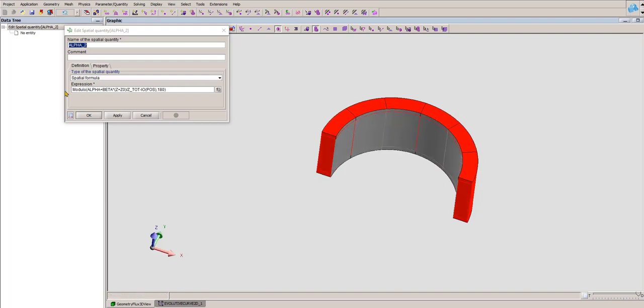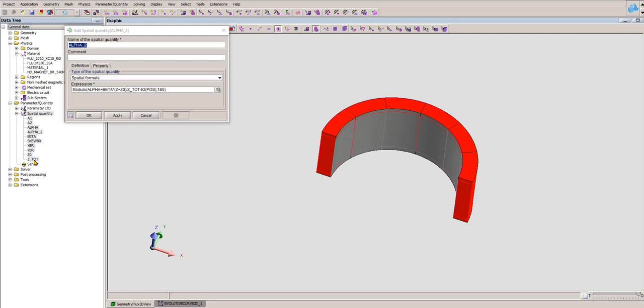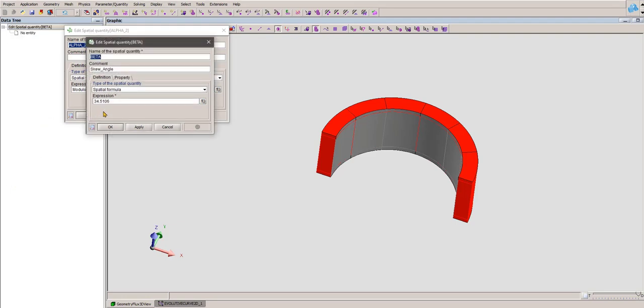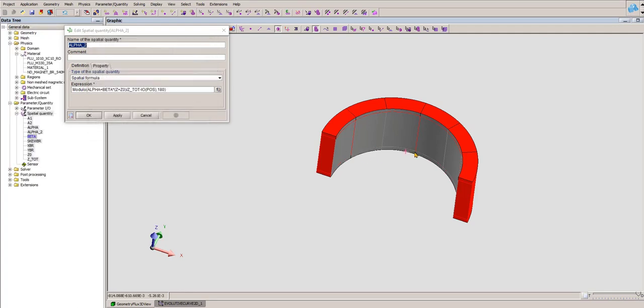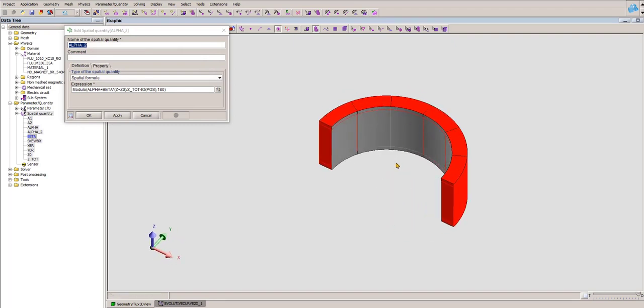So alpha 2 depends on the first alpha I created, plus beta. Beta is the parameter I created, which is the skew angle I need. In my case, I need 34.51 degrees, which is the angle of my skew. Then multiplied by z, this is coordinate z, plus z0, the initial one, divided by the z total,